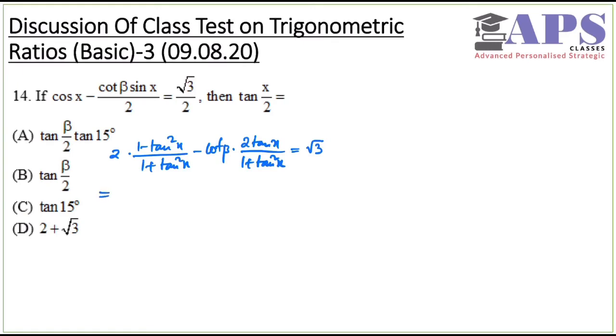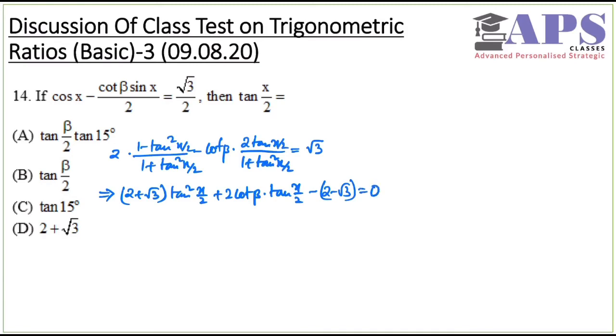So now if I take all the tan square x term together, I will get 2 plus root 3 into tan square x by 2. Okay, all the angle will be x by 2, and then all the tan x term will be plus 2 cot beta into tan of x by 2, and other than that we will have root 3 minus 2, which is minus of 2 minus root 3 equal to 0. That's a quadratic in tan x by 2 and can easily be solved as tan x by 2 equal to minus b